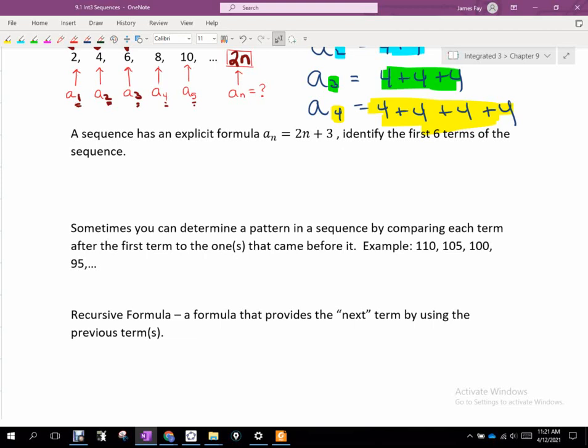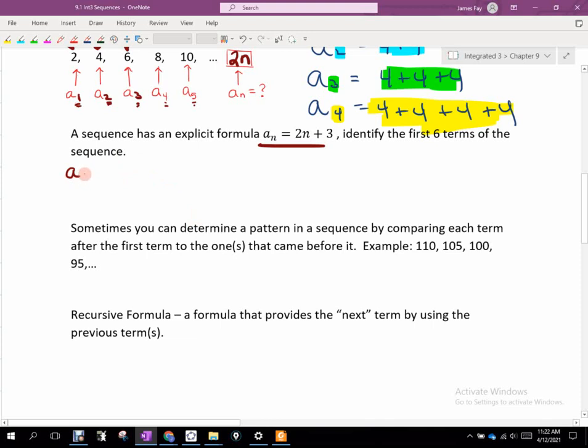Okay, it's hard. Now, there are some patterns, called arithmetic and geometric, that have a structure that allows us to always get the right explicit formula. But with the ones we've done so far, we're kind of just guessing at what the structure is and seeing if that is modeled. It is much easier to go the other direction. They give you the explicit formula and ask you to come up with the first 6, 7, 8, 10 terms. So here's my formula, and they want us to come up with the first 6 terms.